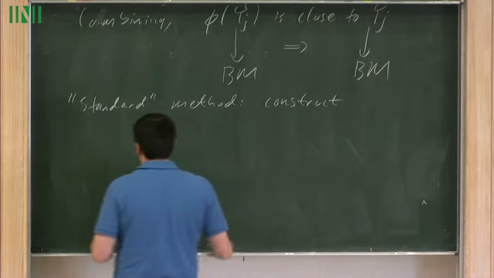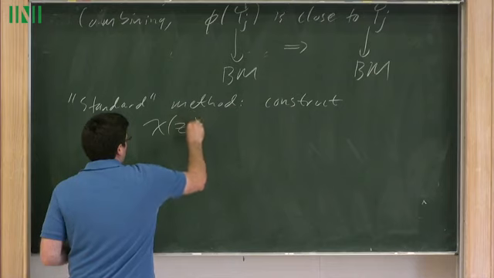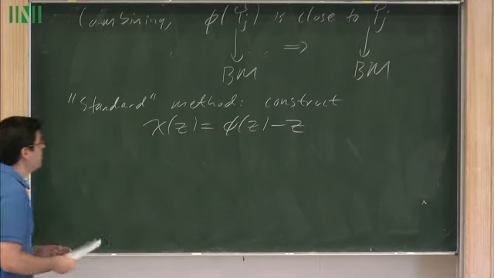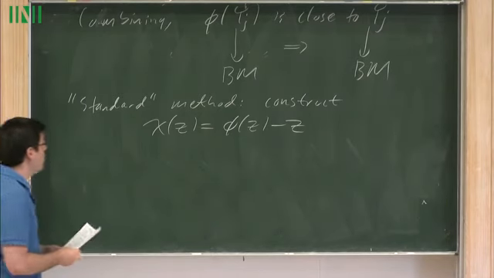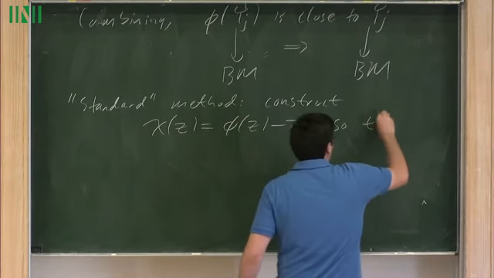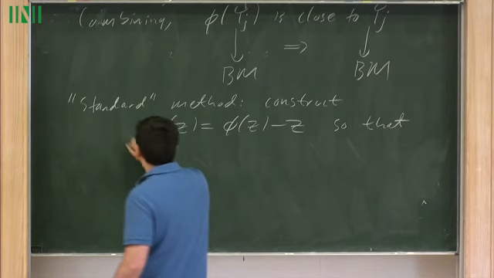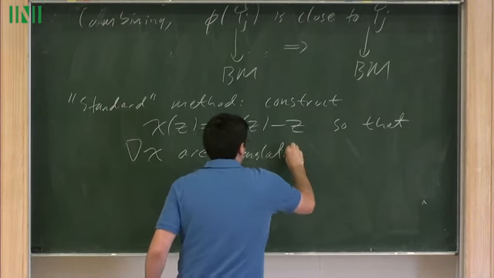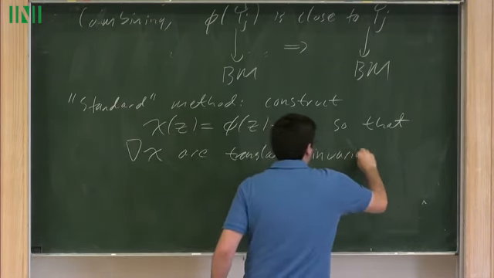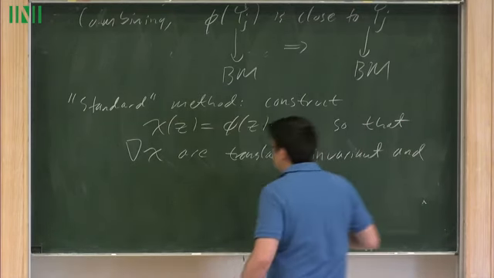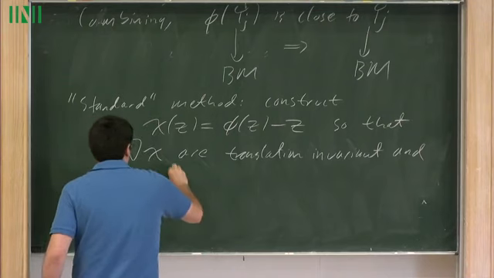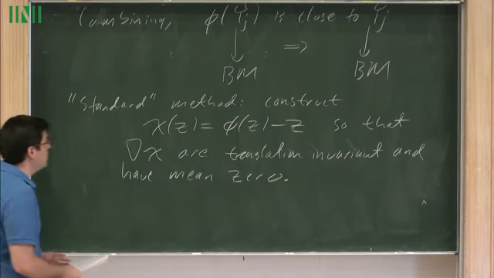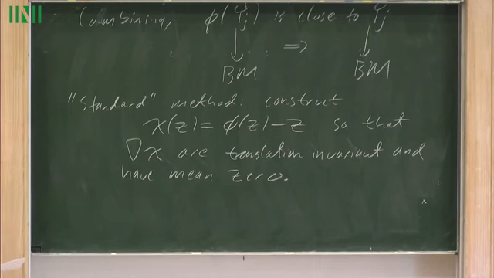phi, and you do it in such a way that if you look at the difference between it and the identity map, its gradients are translation invariant and have mean 0. Okay, and once you've done that, then you're in great shape for proving that it's actually going to have sublinear